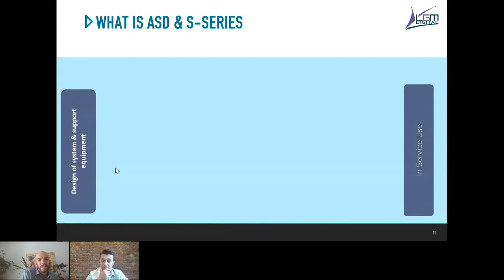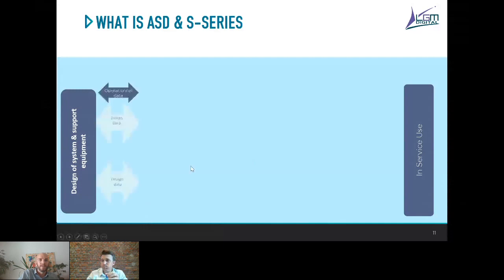Okay, thank you. So now I will introduce how the ASD and S series are integrated in ILS. I will show you this drawing, which is the most well-known drawing when you work with ASD. As I said before, we work with the design office, which provides us the design data on the operational requirement, or maybe operational data if we have a similar system which worked before in use.